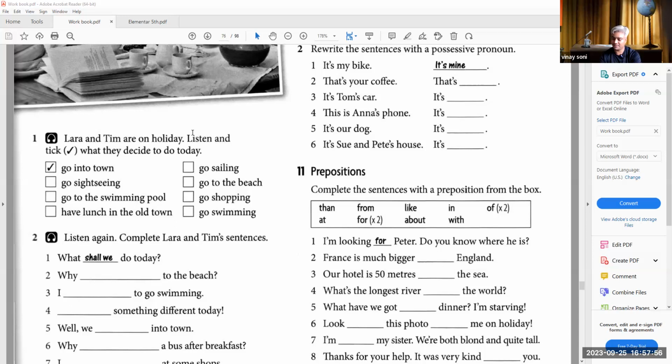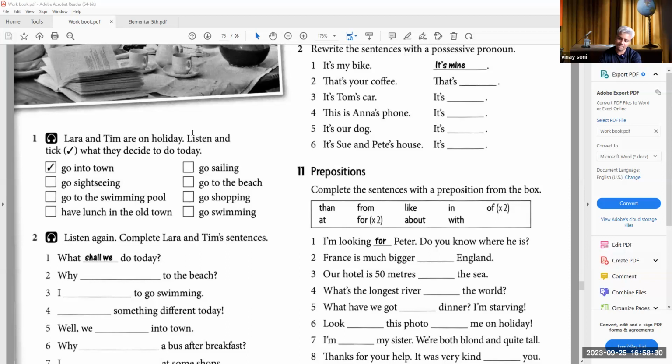Well, we could go into town. Why don't we catch a bus after breakfast? We can have a look at the town center. I'd like to look at some shops. Oh no, not shopping. I just want to buy some postcards and some souvenirs, that's all. It won't take long, I promise.